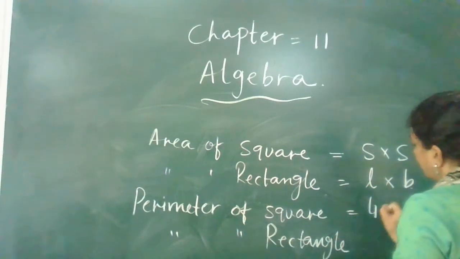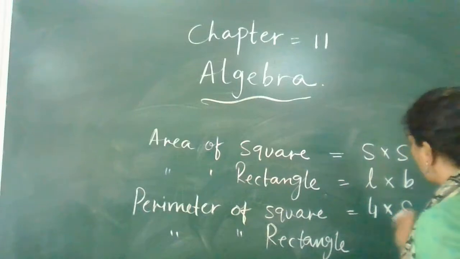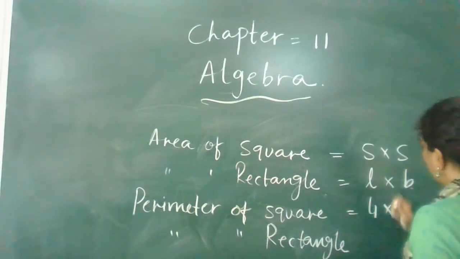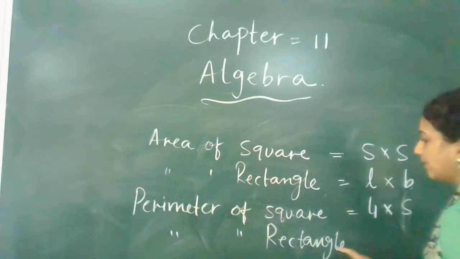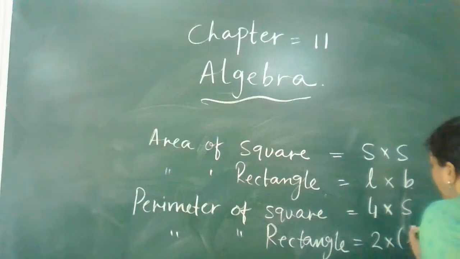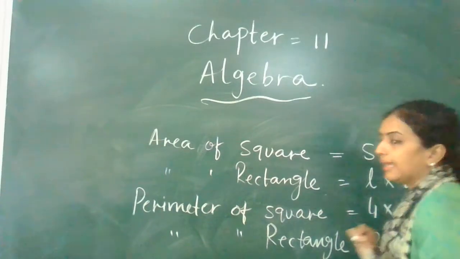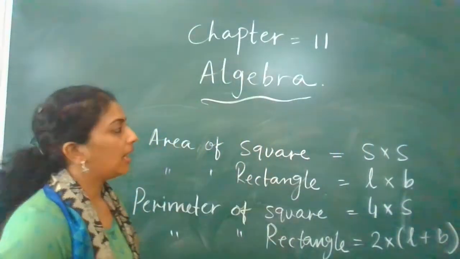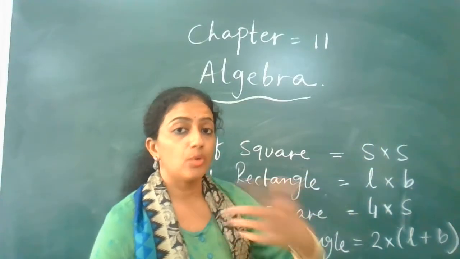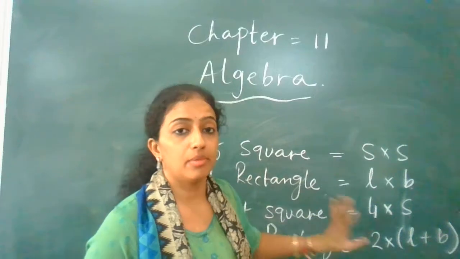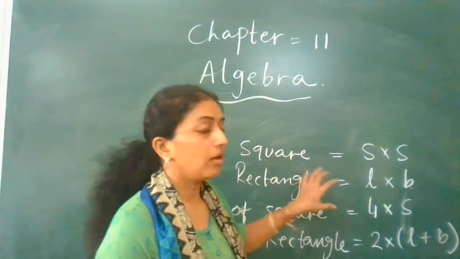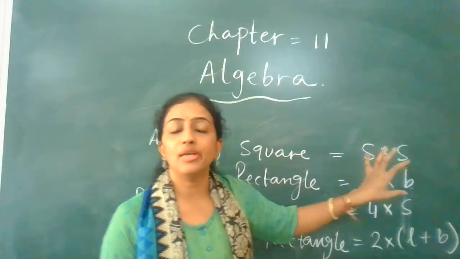Perimeter of square is 4 multiplied by side, or you can say length of a side. You can say L, you can say S, anything you can take. Perimeter of rectangle is 2 into L plus B. Can you see that in the formula I have used many variables? Now you can understand that these are called variables. Till you don't know the length and breadth, you are presenting the formulas in